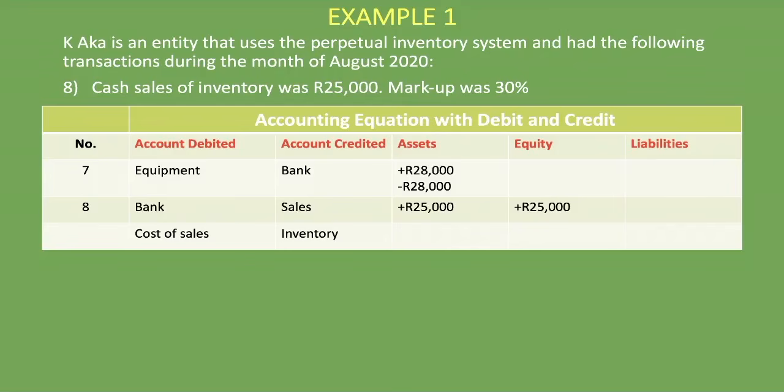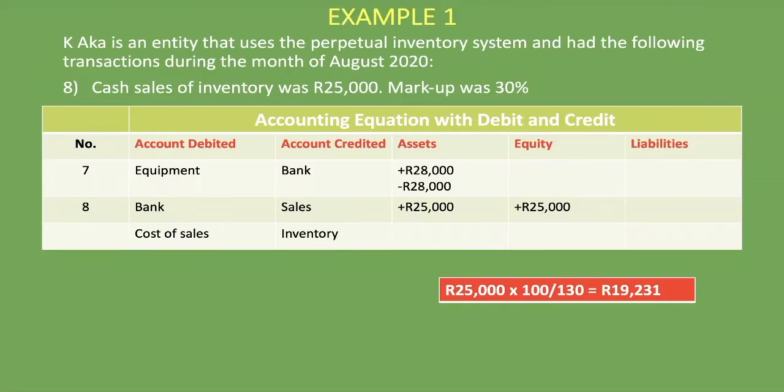Well, how much is it going to be? Here now we are dealing with the markup. We have done a lesson specifically on that where we looked at markups versus margins, but here's how we'll calculate how much we bought it for. Since this 25,000 Rand is already including the markup of 30%, we just want the 100% without the markup. So it's going to be 25,000 Rand that we are given times 100 divided by 130, and 130 being 100 plus 30%, and then we get